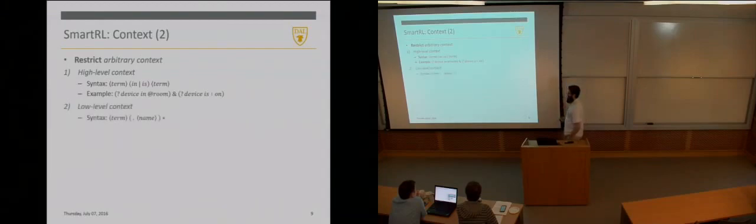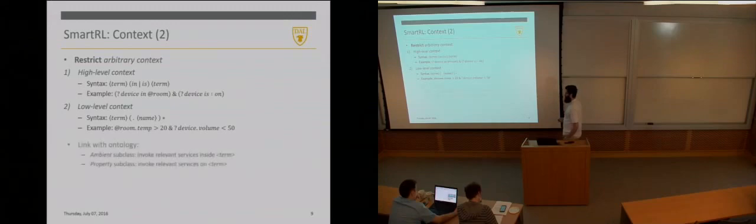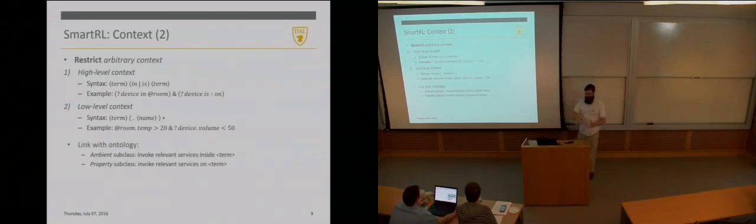We can also refer to low-level context. For that purpose, we use this property path syntax. So here we, for instance, say the temperature in the room that the user is currently in should be above 20 degrees. And the volume of the device, and device is probably bound to some entity in a previous expression I'm not showing here, volume should be below 50. I'm not actually showing the expanded expressions here, but believe me, it's like five, six parts. It's a huge hassle to write them down. It really takes away your attention from what's important, namely writing down these scenarios.